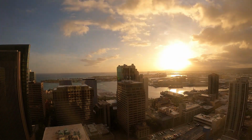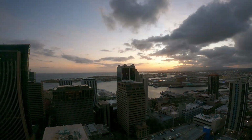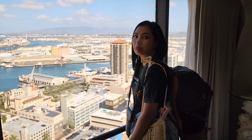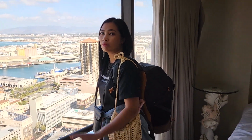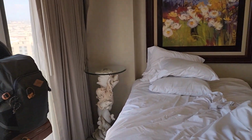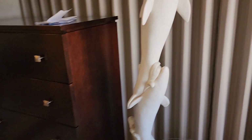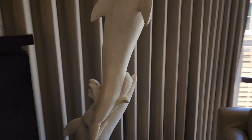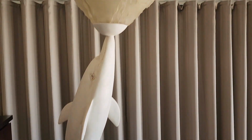After that hike, we headed back to our hotel. We sadly packed up all our stuff, said goodbye to Hawaii, and then left for LA the next day. Goodbye hotel room. Goodbye weird dolphin lamps. Why is this dolphin's head up this dolphin's...